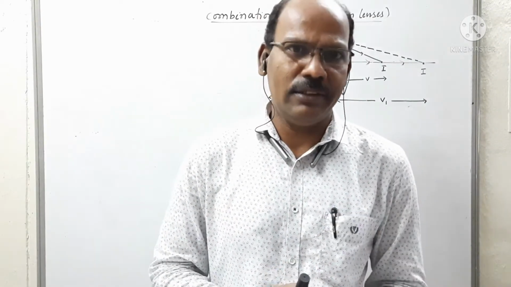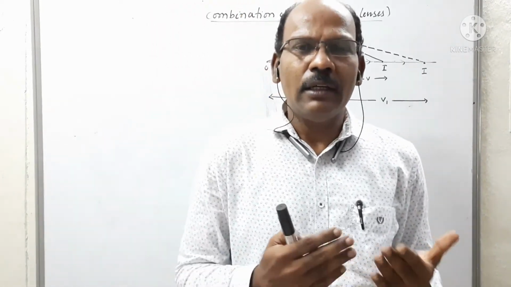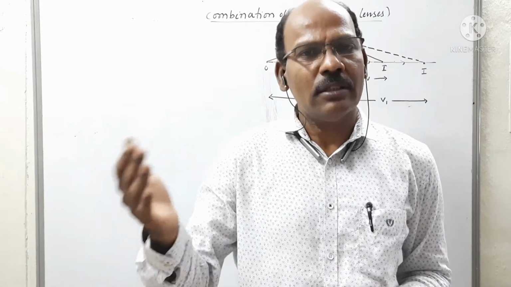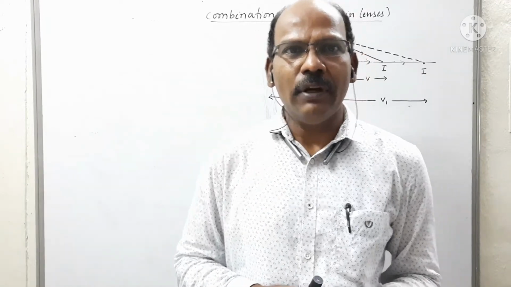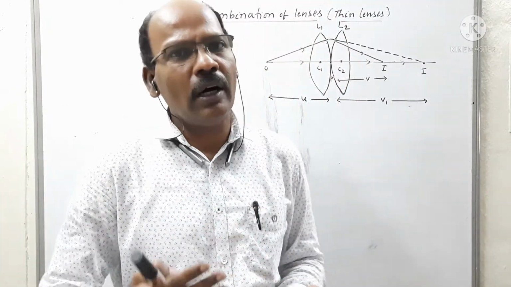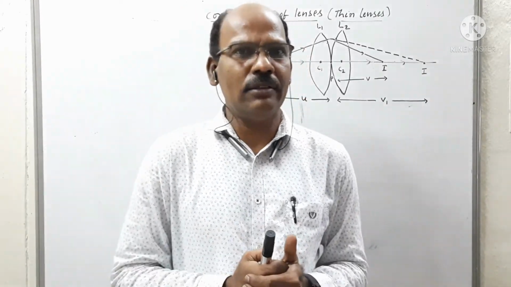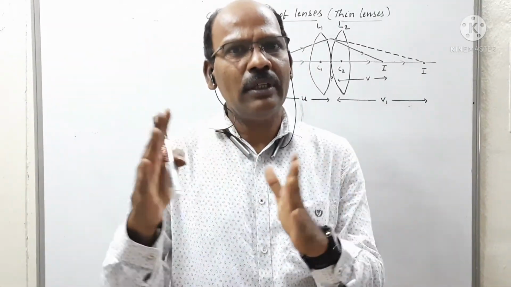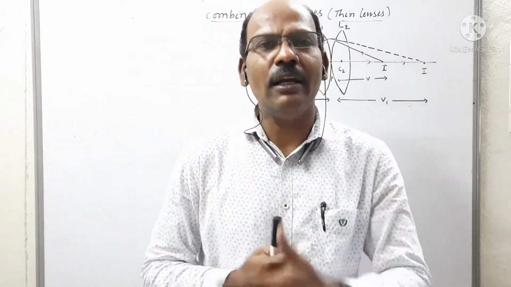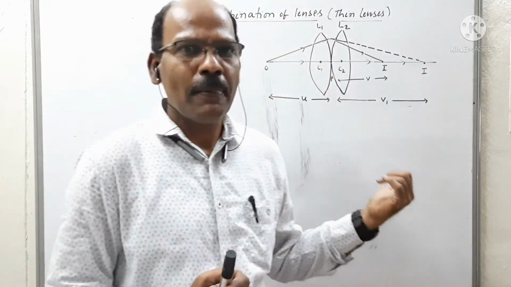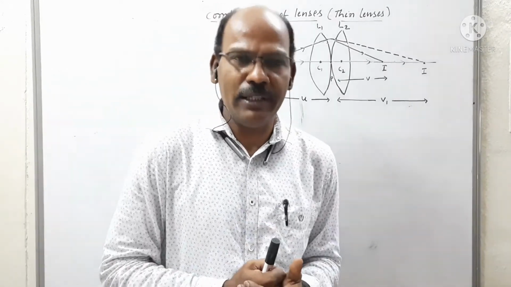Suppose you take a single lens, when a point object is kept beyond the focus, then it forms a real image at one point on the principal axis. In a similar manner, when we combine two or more convex lenses or concave lenses, they also give the same pattern of image formed by a single convex lens. Let's observe what is the equivalent focal length of the combination of lenses.